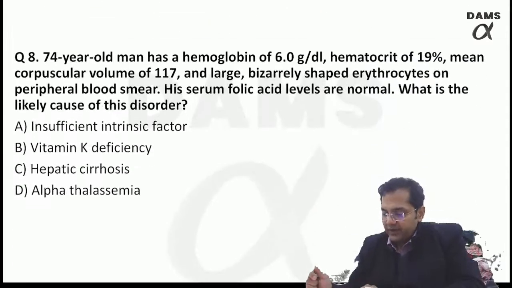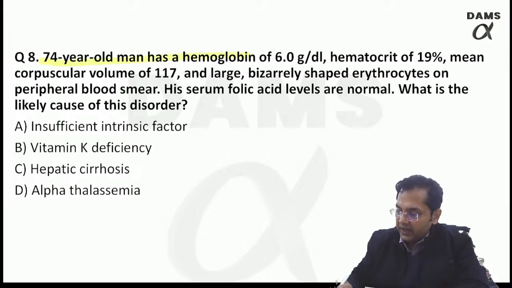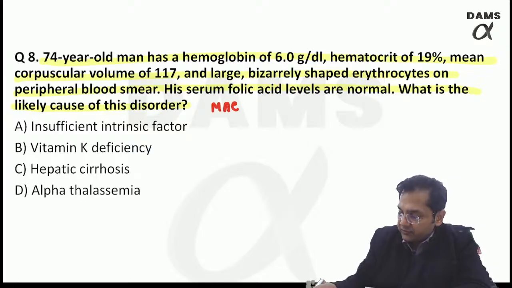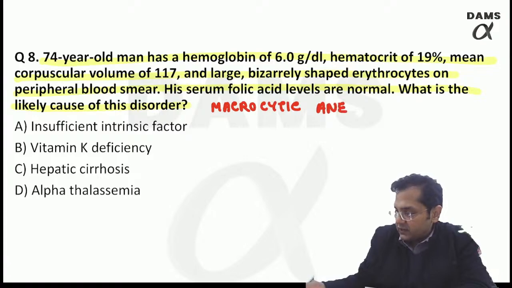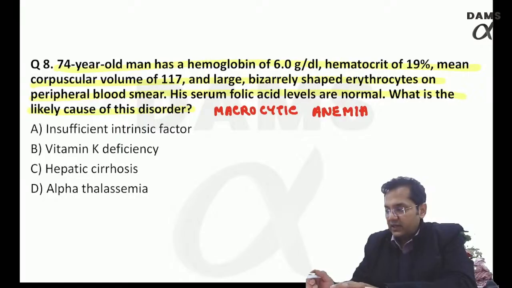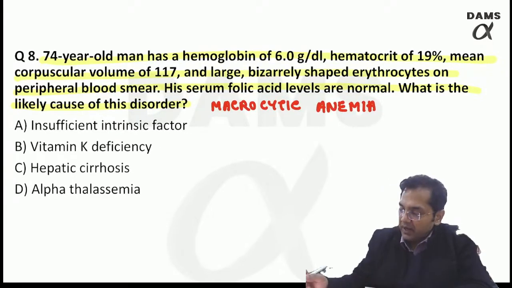Moving to question 8. A 74-year-old man has a hemoglobin of 6 gram per deciliter, hematocrit of 19, MCV of 117 femtoliter, and large bizarrely shaped erythrocytes. Serum folic acids are normal. This is a classical picture of macrocytic anemia. Now you should be knowing macrocytic anemia, it should be on your tips. Macrocytic anemia, when I talk about, remember,